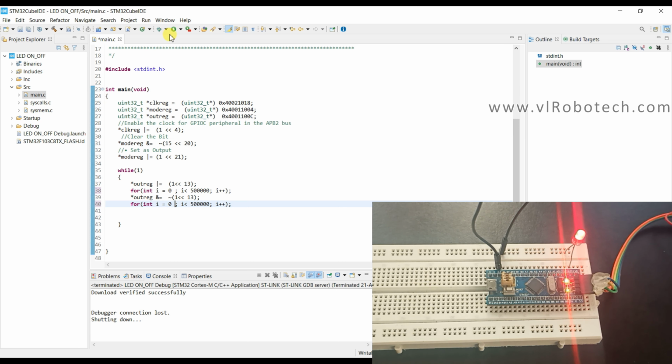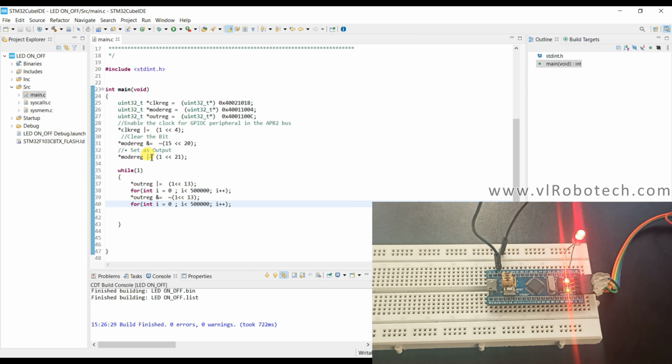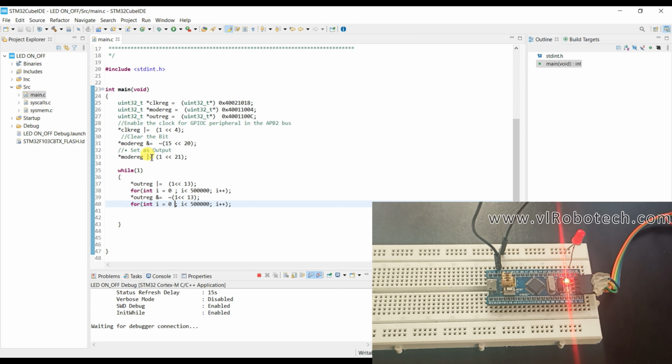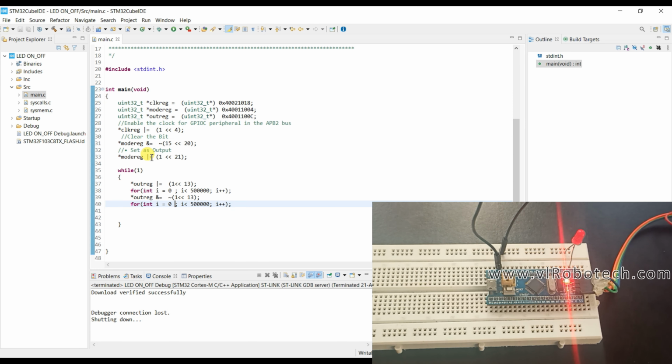Okay, now I will again press run button. Wow, great. You can see now LED is blinking. So I hope you learn how to use bitwise operator in embedded C program.